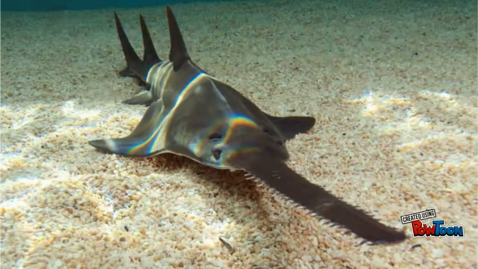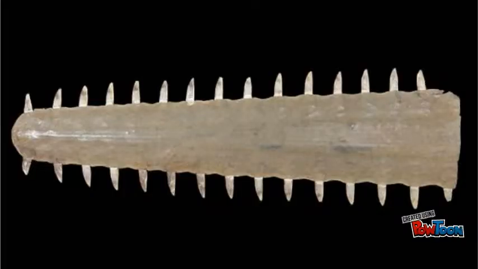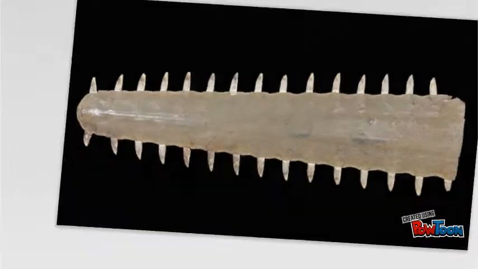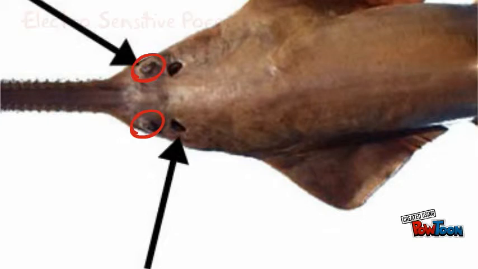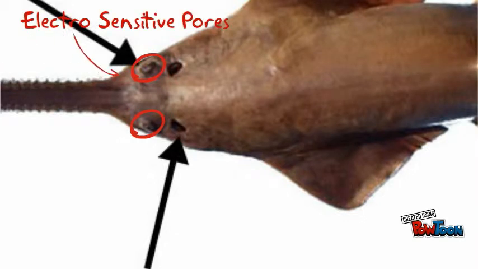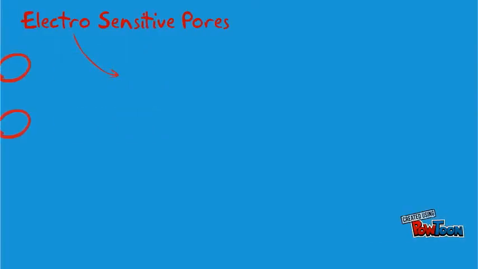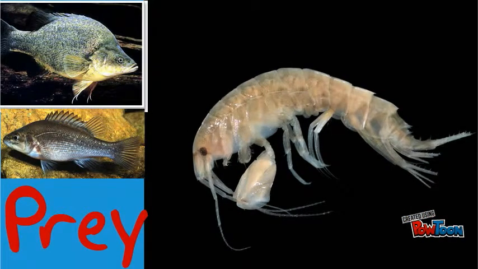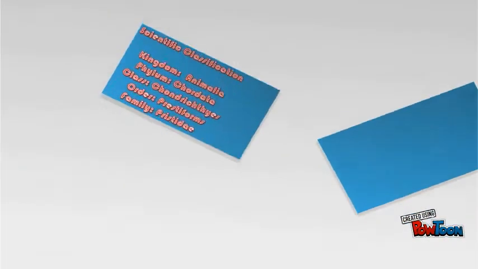The sawfish, also known as the carpenter shark, are a family of rays characterized by a long, narrow, flattened rostrum or nose extension, lined with sharp transverse teeth, arranged so as to resemble a saw. The sawfish's most distinctive feature is the saw-like rostrum, covered in electrosensitive pores that allow the sawfish to detect slight movement of prey hiding in the muddy seafloor. The rostrum also serves as a digging tool to unearth buried crustaceans.